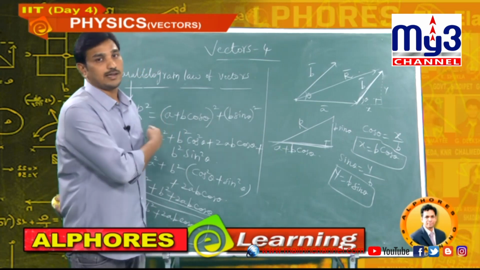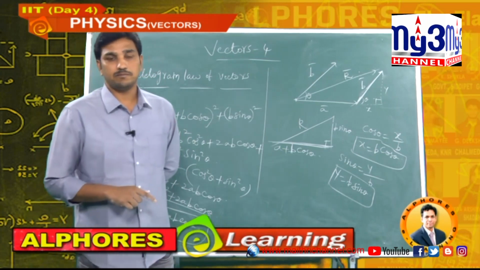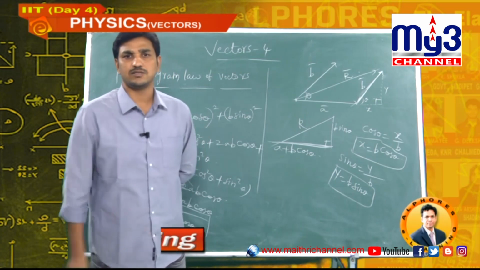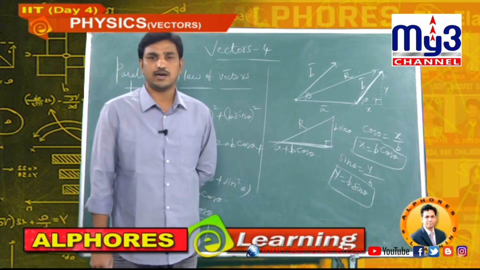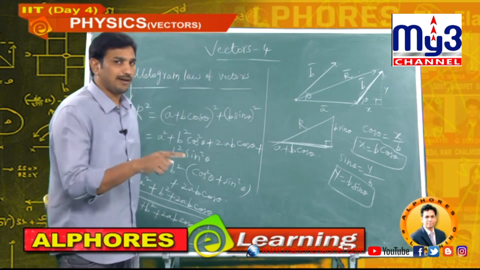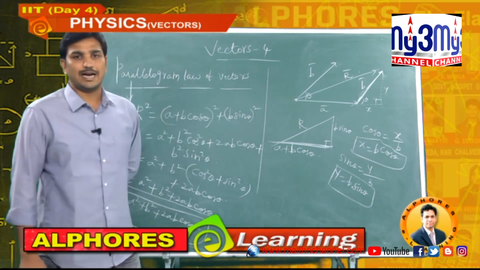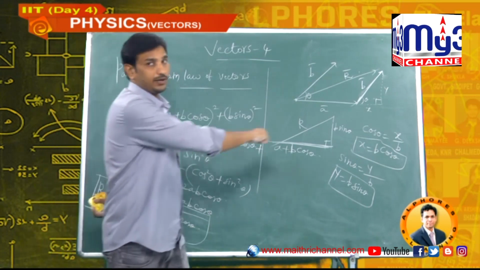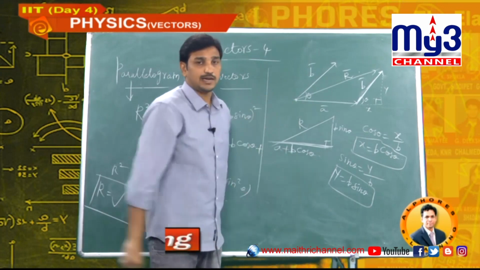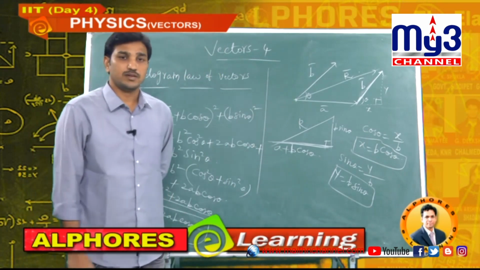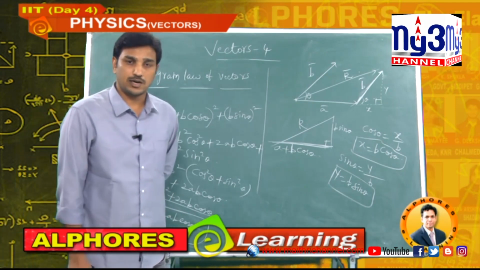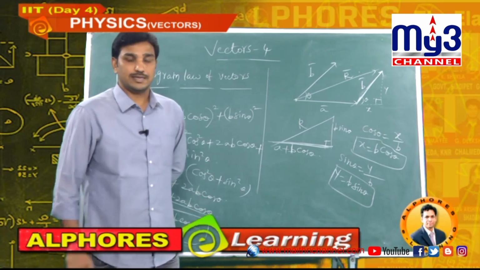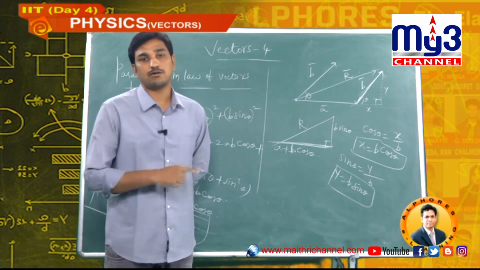One more, we went through the triangle law and parallelogram law. According to the triangle law, two sides of a triangle represent two vectors, and the closing side of the triangle is the resultant, that is r bar equal to a bar plus b bar. Even though the triangle law of vectors is there, why did we go for the parallelogram? To calculate the magnitude of the resultant, we went to the parallelogram law of vectors. Simple geometry we used, Pythagoras law we used. By taking the help of Pythagoras law, finally our result is the magnitude of the resultant of a bar and b bar is under root of a square plus b square plus 2ab cos theta. So in the next session we will continue with applications of the parallelogram law of vectors.